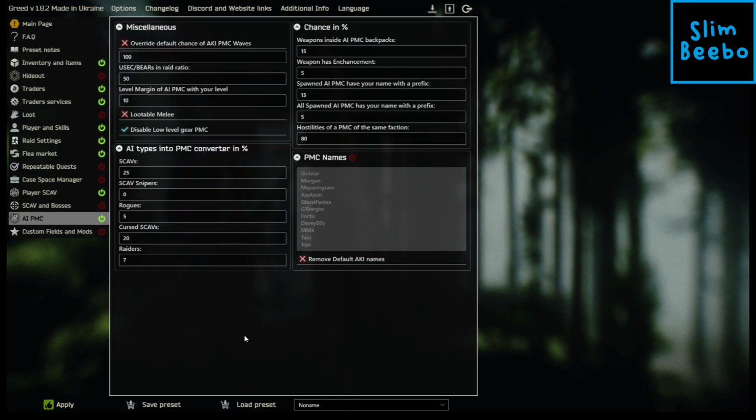And then under AI PMC, the only thing that I am changing here is the disable low-level gear PMC setting. What this means is that rather than the PMC bots scaling with you, meaning you're at level 1, so all the PMCs are going to have level 1 to 10 kind of trash, they're all going to be little nooblets, just like you. I don't like that, because that's not like real Tarkov. Chances are there are players that are already insanely better than you in terms of their progression and their gear, so I'm going to set it like this so that if I do come across some Giga Chad with a tricked out SCAR,